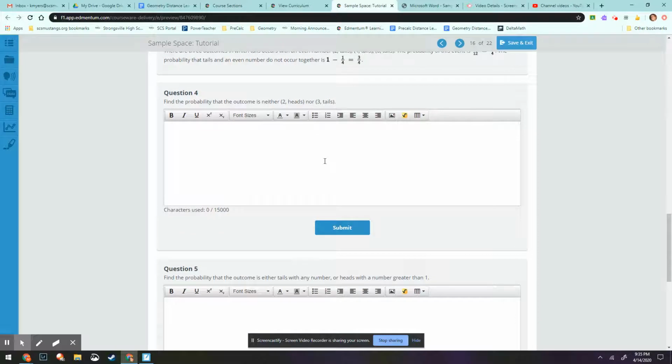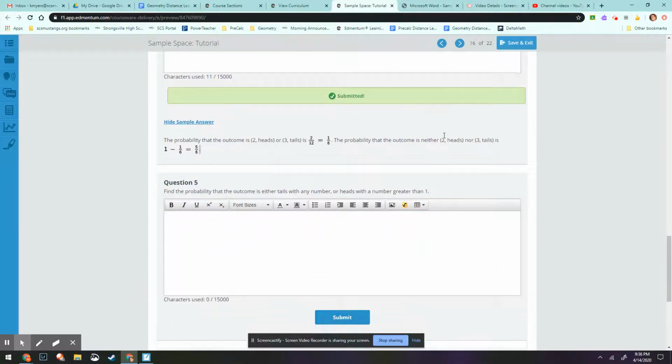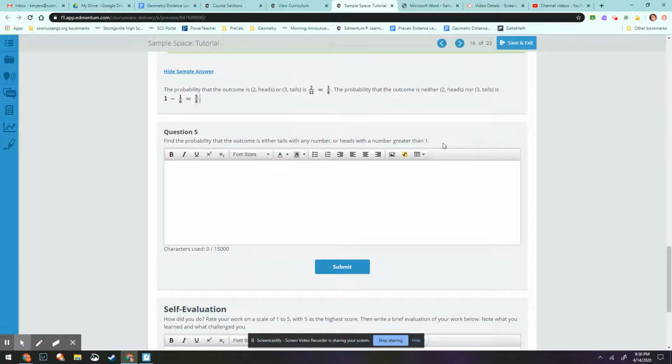Number 4, find the probability that the outcome is neither 2 heads nor 3 tails. Now they've given you 2 possibilities here. The probability of either one of those occurring is 2 out of the total 12 possibilities. That means there are 10 out of 12 ways for it to not happen, which again we want to reduce, which would be 5 out of 6 for a probability. That's what we got there. So whenever they talk about something not happening, just find the probability that it does happen